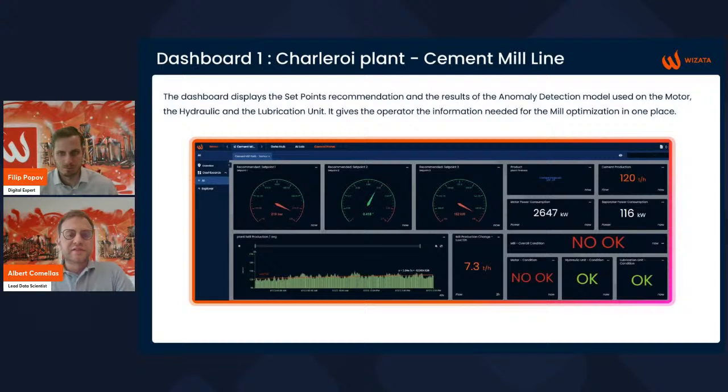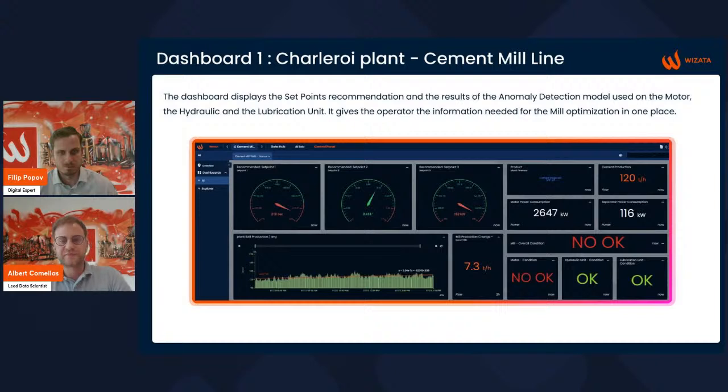On the right of it, this 7.3 is showing the gap between these 12 hours, so the increase of 7.3 tons per hour. Up on the right, there are some present values also to follow how the production is going. So it's telling the cement type being produced right now, the current production, and the energy consumption.